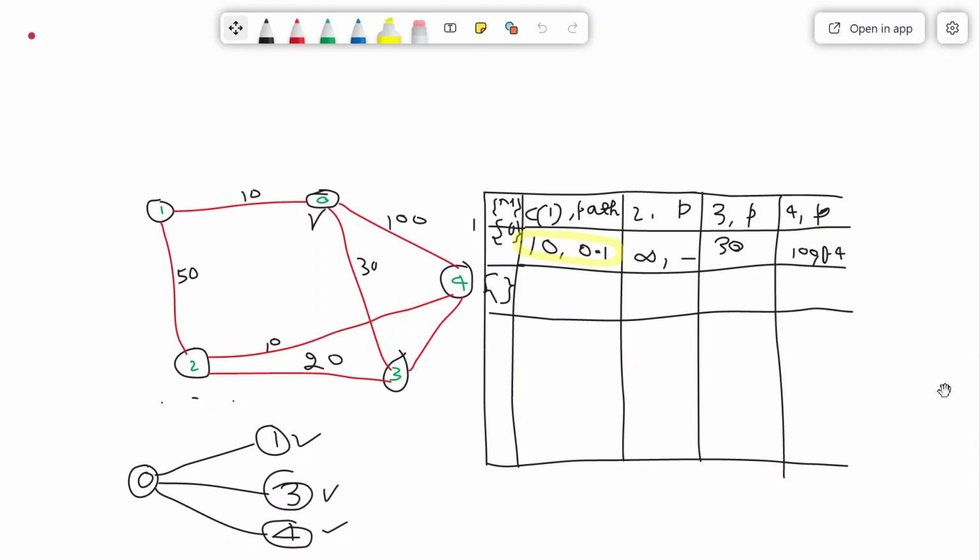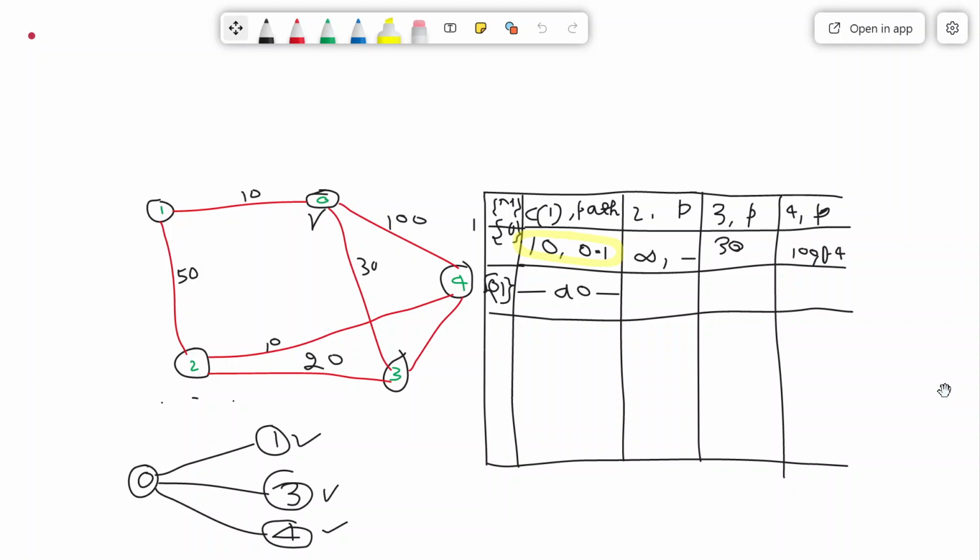And the one for which we have selected the least cost path will appear on the left side, that is in M. So now the set M is 0 and 1, and this is the relaxed vertex, because the cost to reach 1 is fixed.